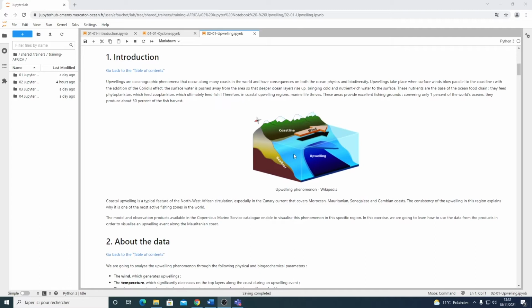So we're going to talk about upwellings. Upwellings are ocean phenomena that occur along many coasts in the world, and they happen when the offshore winds chase away the water from the ocean surface so that the water from the deep ocean rises up to take its place. The water from the deep ocean is colder than the surface water, and also this water is very rich